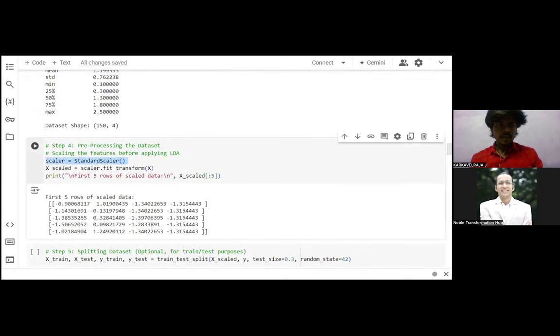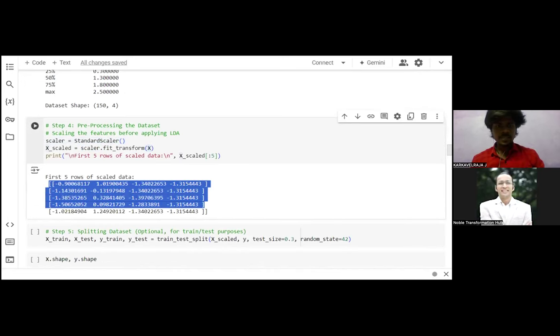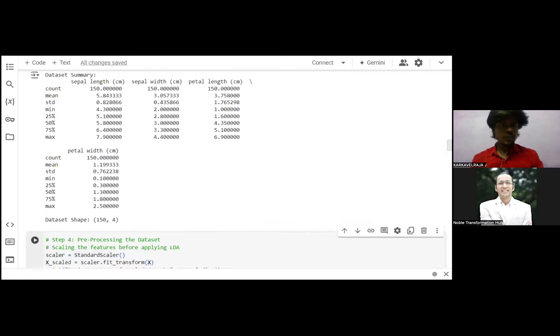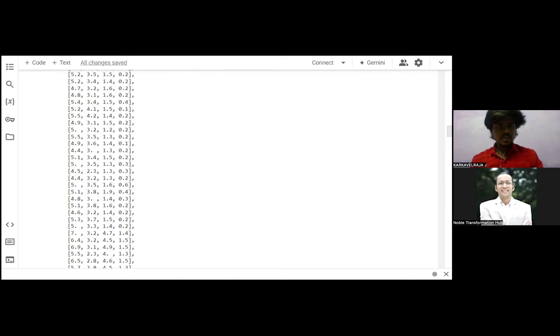Okay, and the variable to the scalar.fit transform of X. So I'm going to get the scaled value. Now you can see here the values are nearly -2 to 2. Before that, we had values in the range of 4.8, 5.8, like that, but here you can see 0 point values. We are having a 1 digit value and also